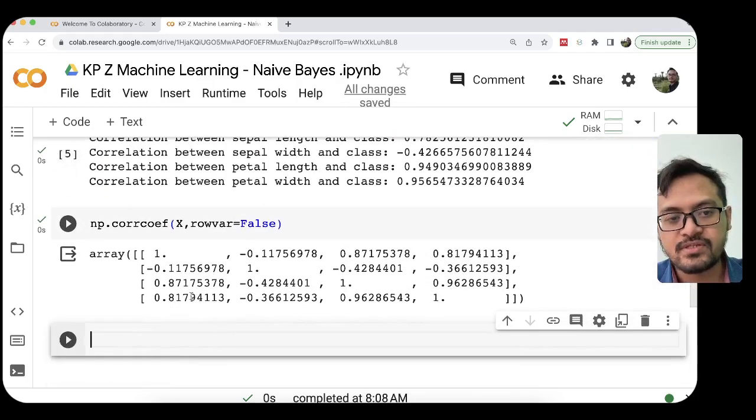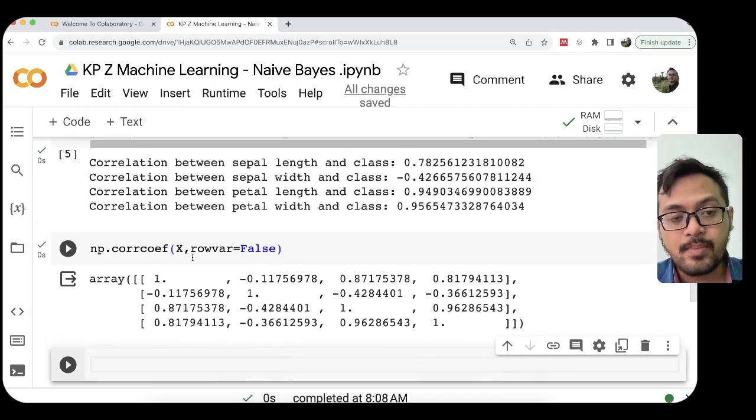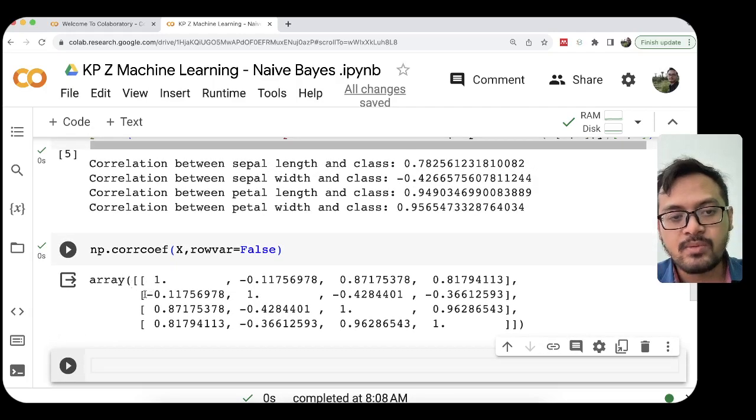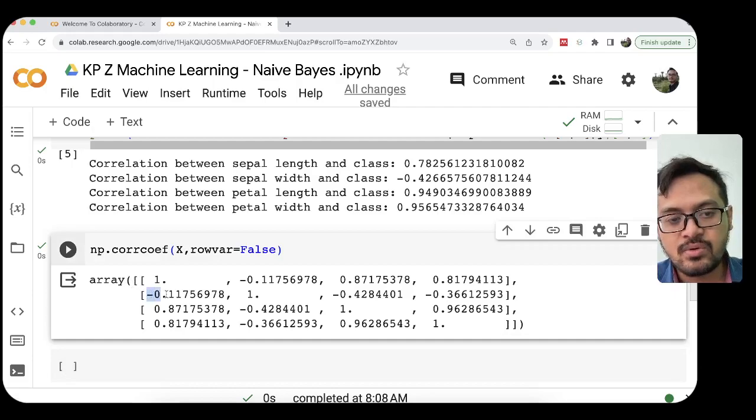As you can see, the correlation between sepal length and sepal width is minus 0.11 something, and sepal length with petal length is 0.87 something.